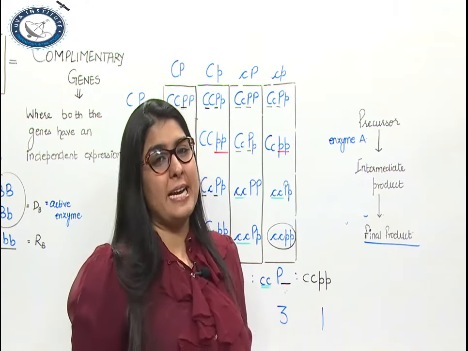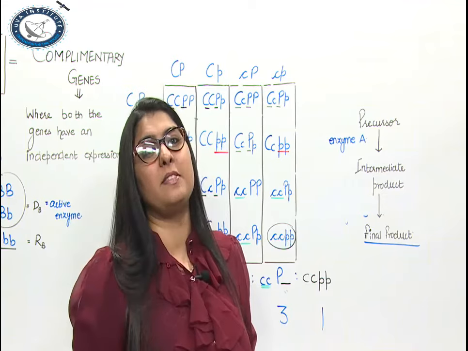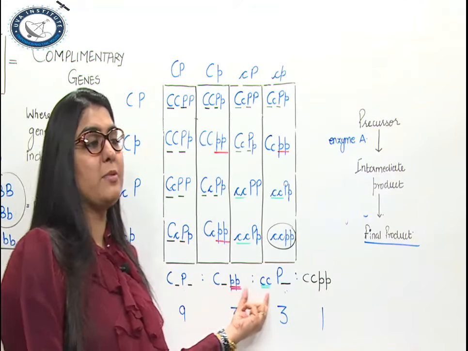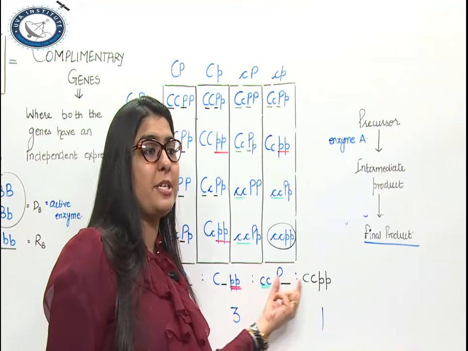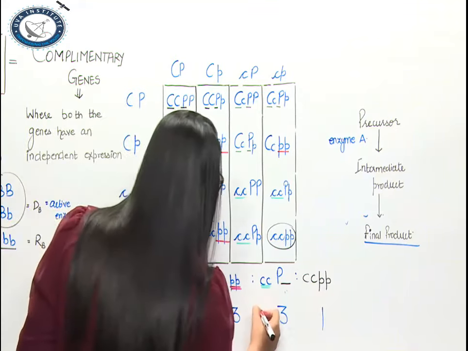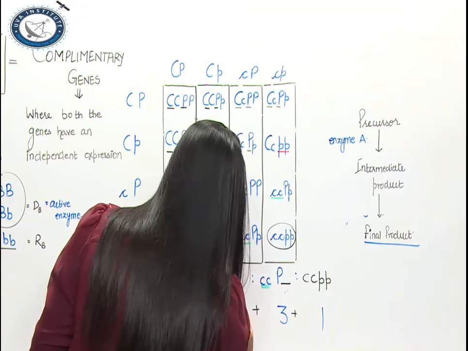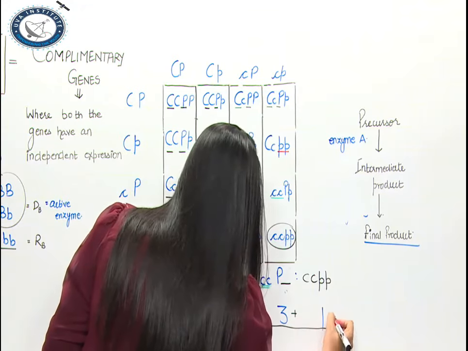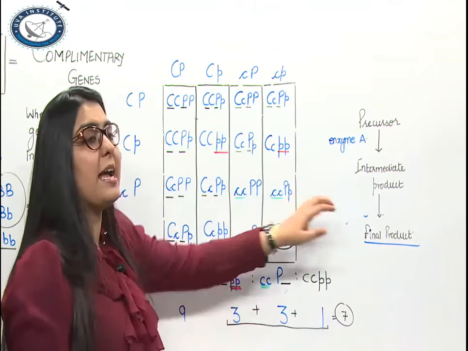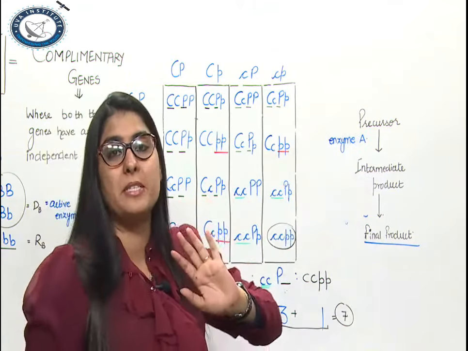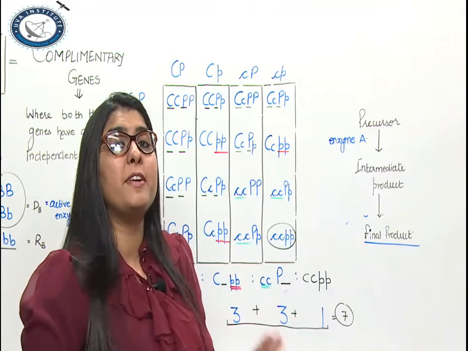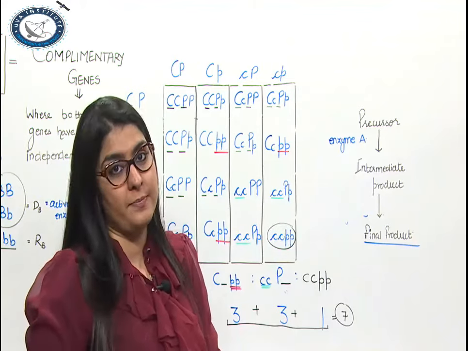So, how many times do I have these genes in recessive situation? Recessive of either, 3 times for one gene, 3 times for the other gene, and when both are recessive, cumulatively they occur in recessive situation 7 times. And in this recessive situation, either of the enzyme will not be present and my final product will not be formed, producing a different phenotype altogether.